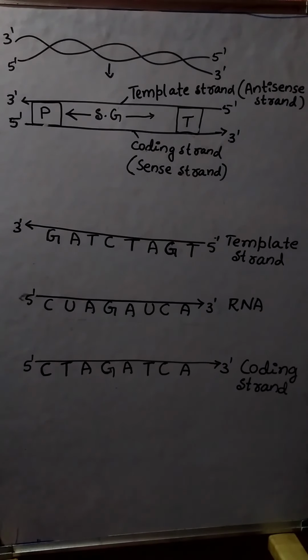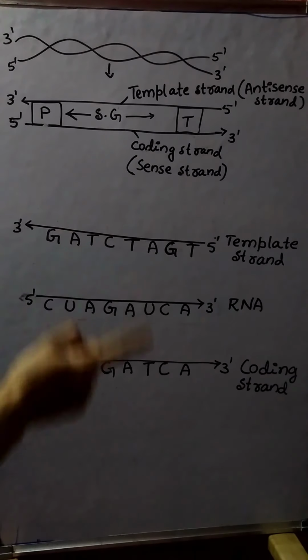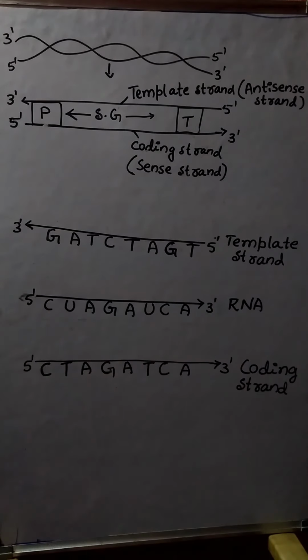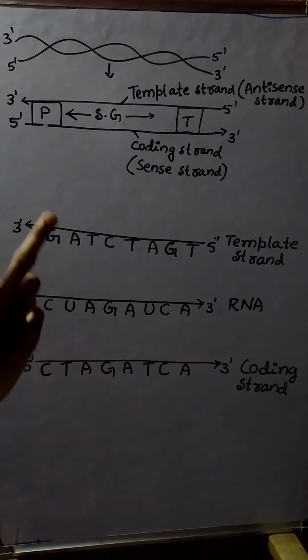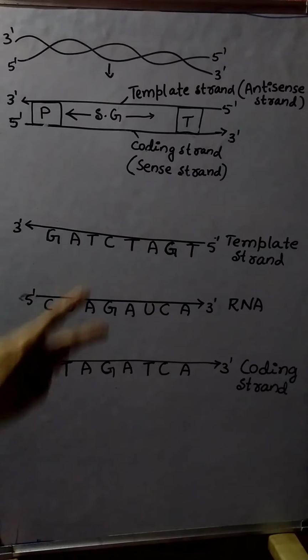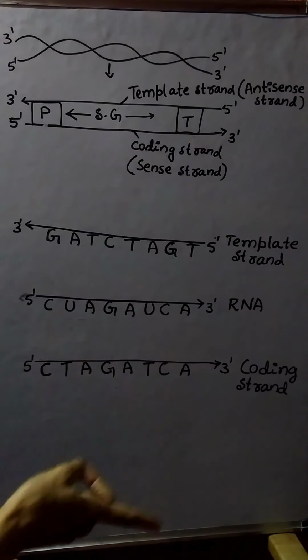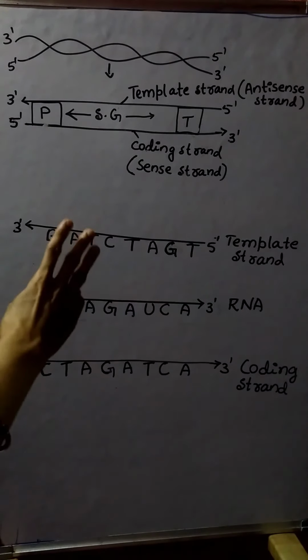Means always in DNA, adenine pairs with thymine by forming two hydrogen bonds, and cytosine pairs with guanine by three hydrogen bonds